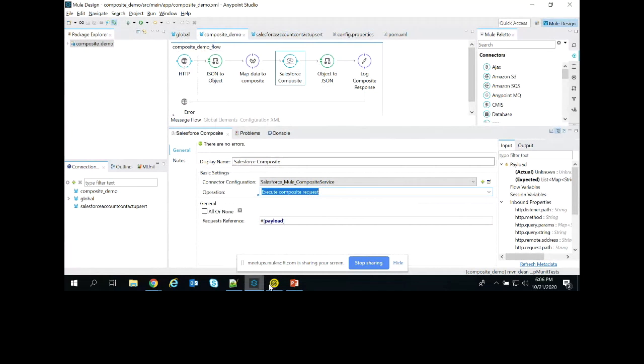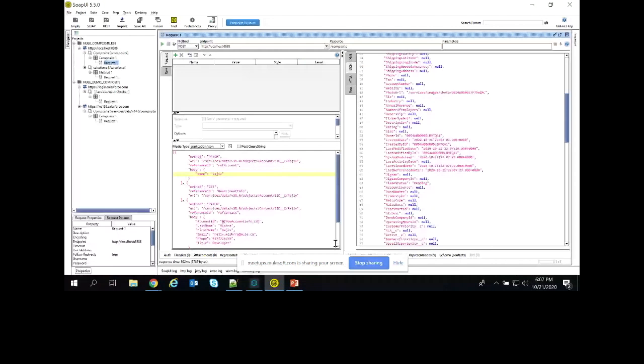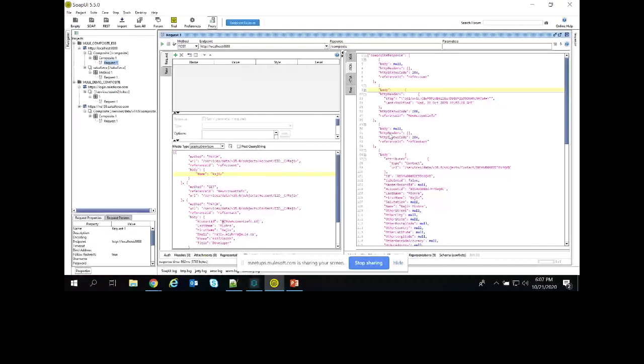Okay, so I got the response. If you see the response body, the response time is 892 milliseconds, which is within a second. In the response, the HTTP status code is 204.